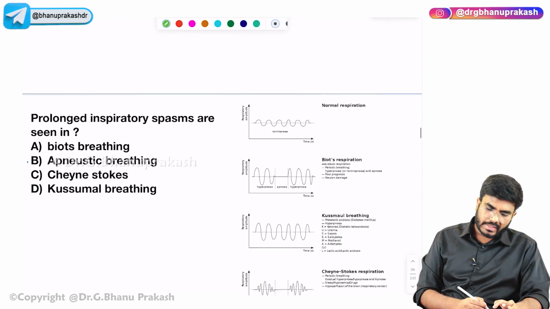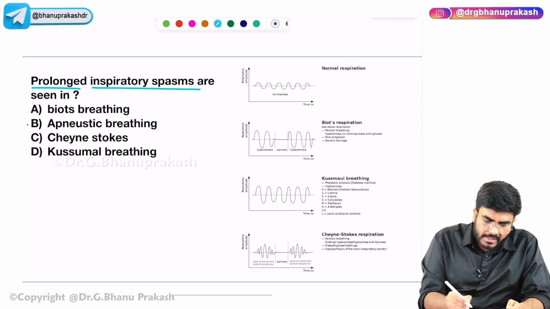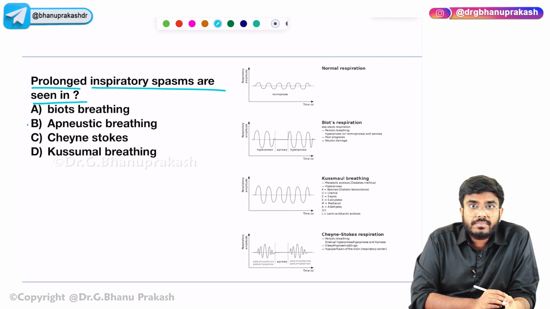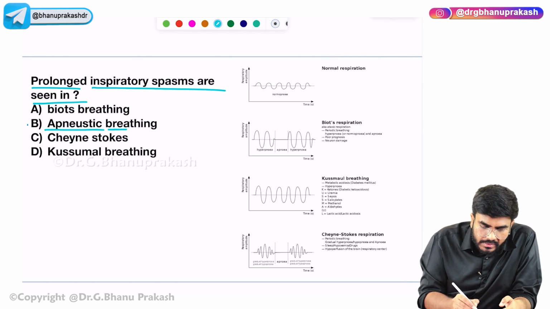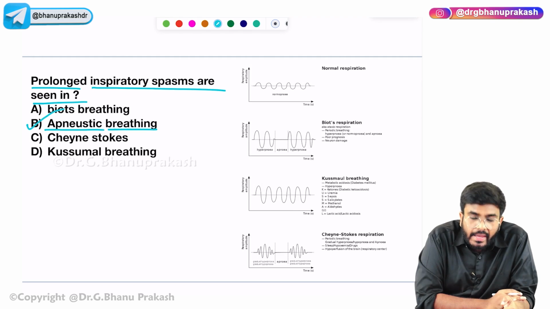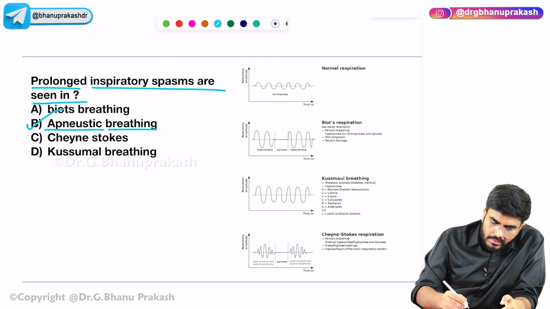Okay, next, prolonged inspiratory spasms. Prolonged inspiratory spasms are seen in which type of breathing? Prolonged inspiratory spasms are called apneustic breathing. It's called what? Apneustic breathing. So when you have apneustic breathing, I want you to know,